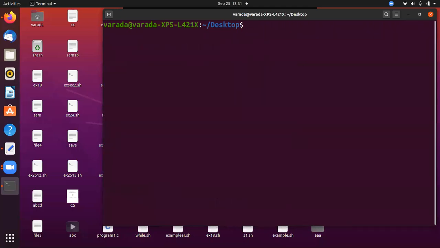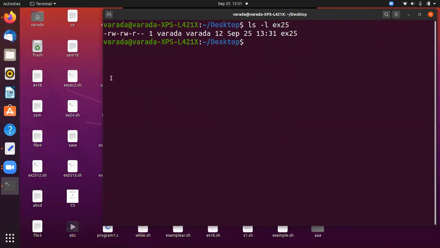Now our problem is, if I give the file name as ex25, after that I can append data that is going to be stored in ex25. Now we can check ls -l ex25. It has the write permissions, so we can write the data.